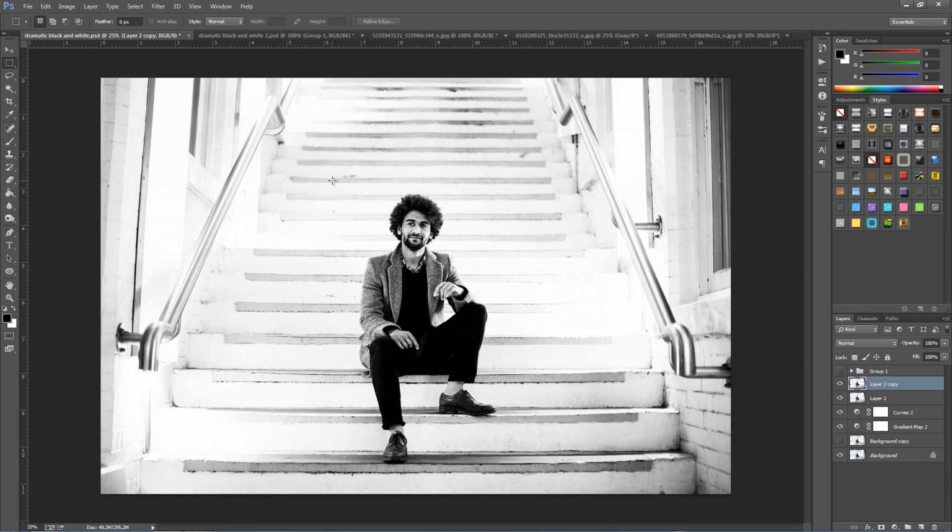On this image it's not too bad, but on portrait images and closer up images you'll definitely see the difference. So I would bring the opacity for this specific layer down to around about 25 to 30%. So I'm going to go and put that to 25%. And then from here we're going to go and put our last adjustment layer.